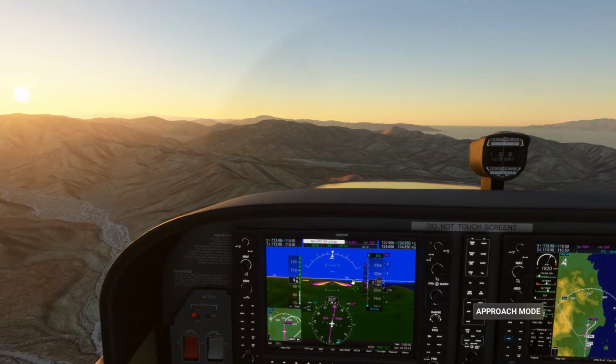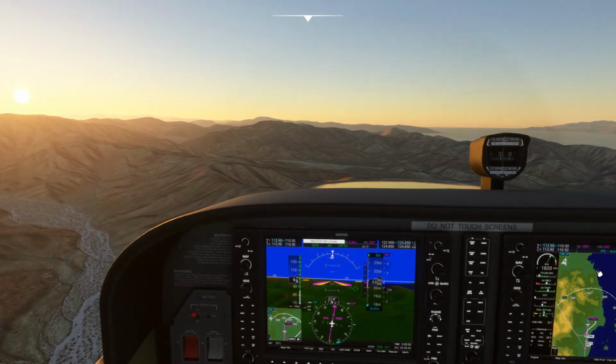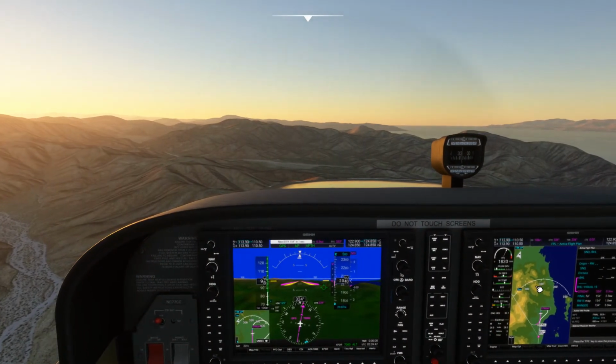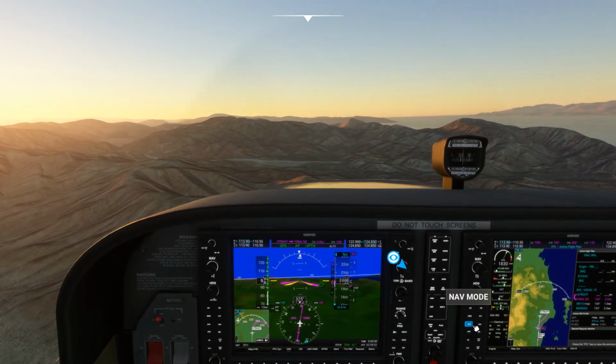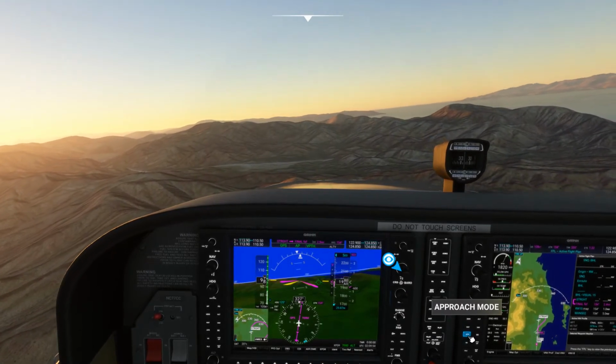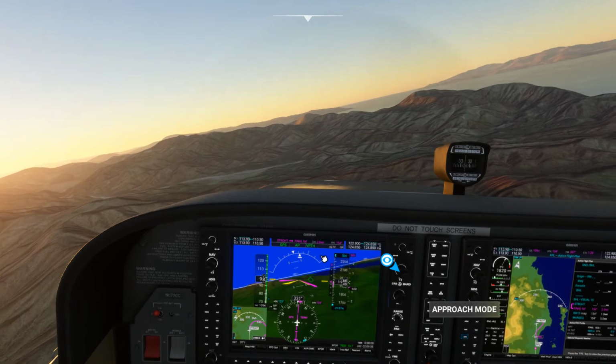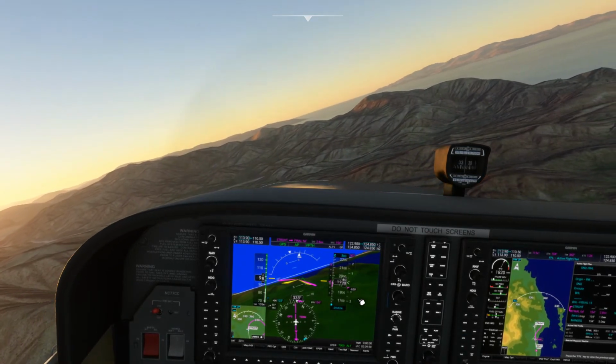We are 0.4 nautical miles. Okay, we are now just about straight. Okay, we're flipping around now. I'm going to go ahead and arm my approach. Glide path is armed.